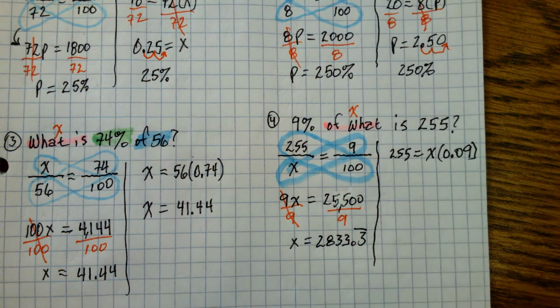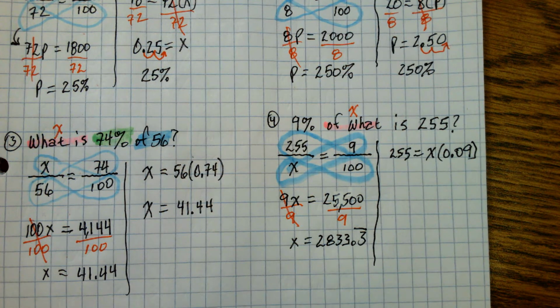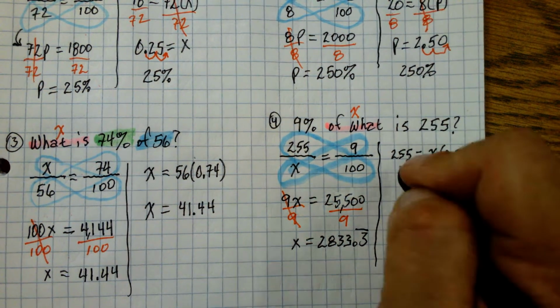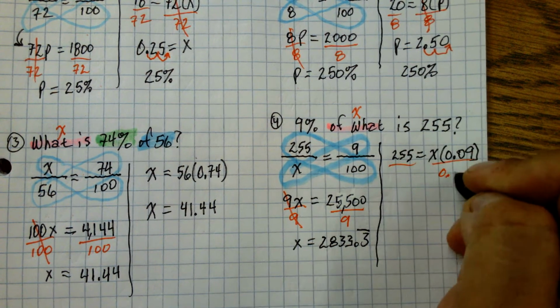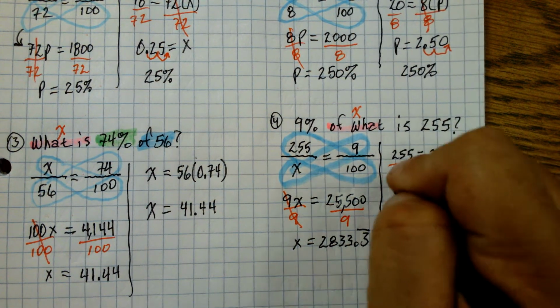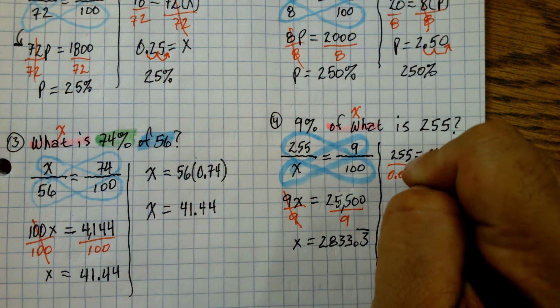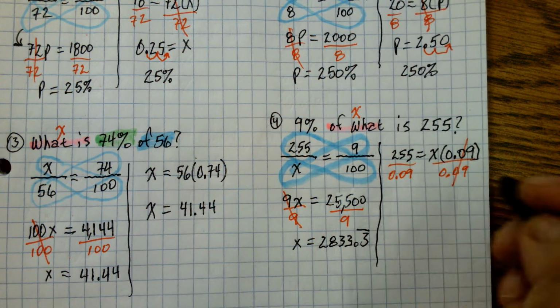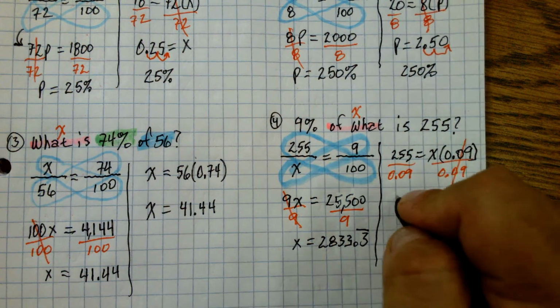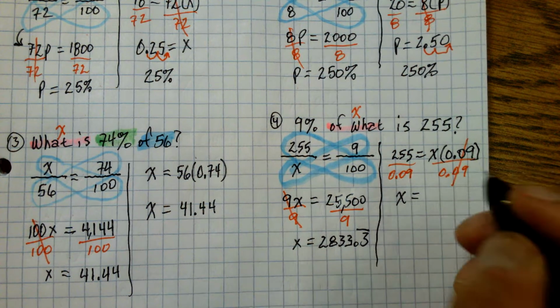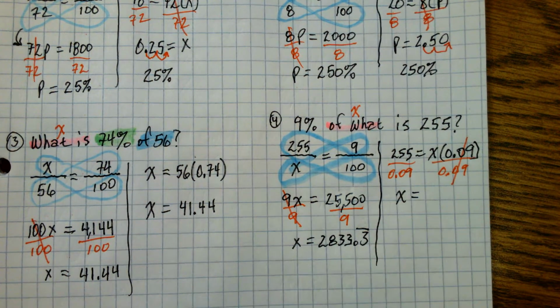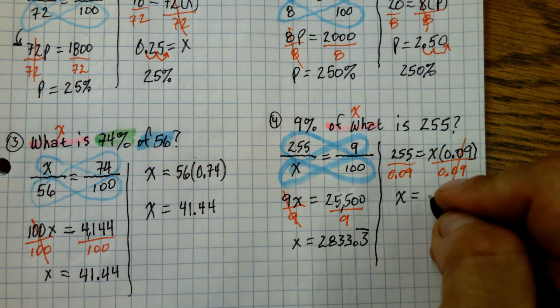Yeah, it's important you write the percent as a decimal. And then how do we get x by itself? Divide by the percent. Yeah. So now we get x equals, when you divide 255 by 0.09, you get